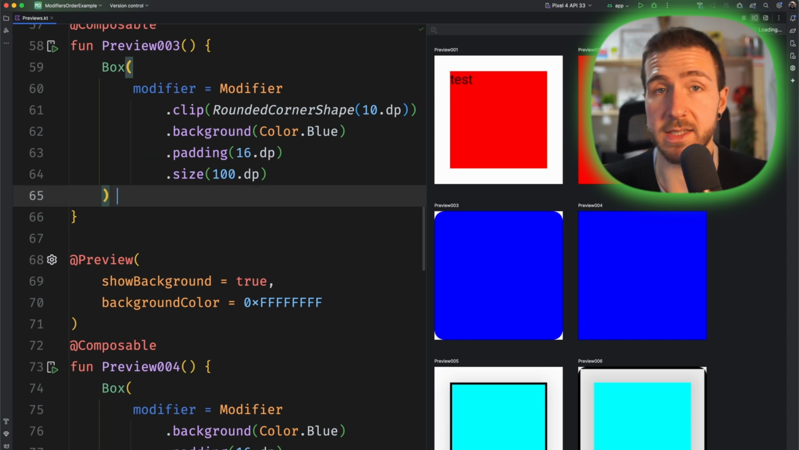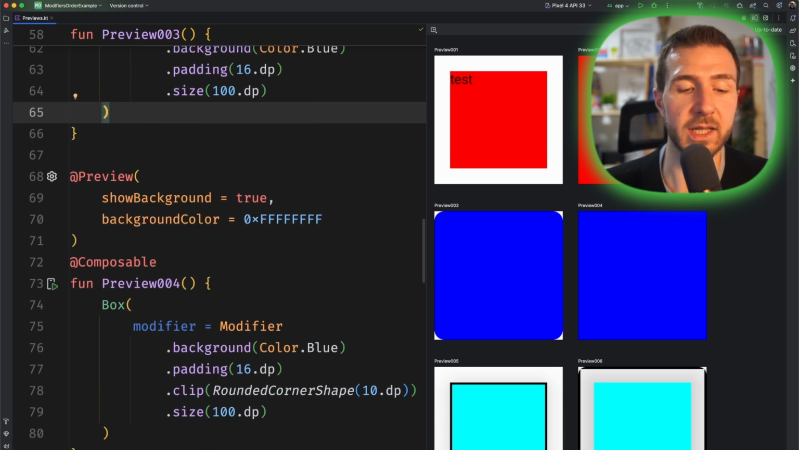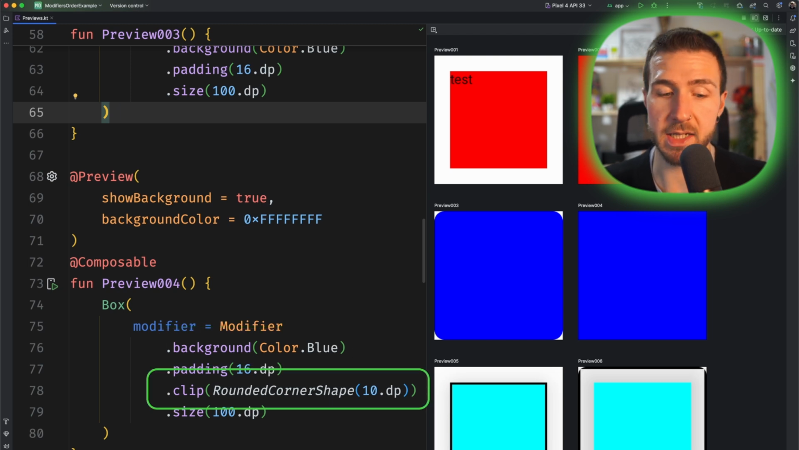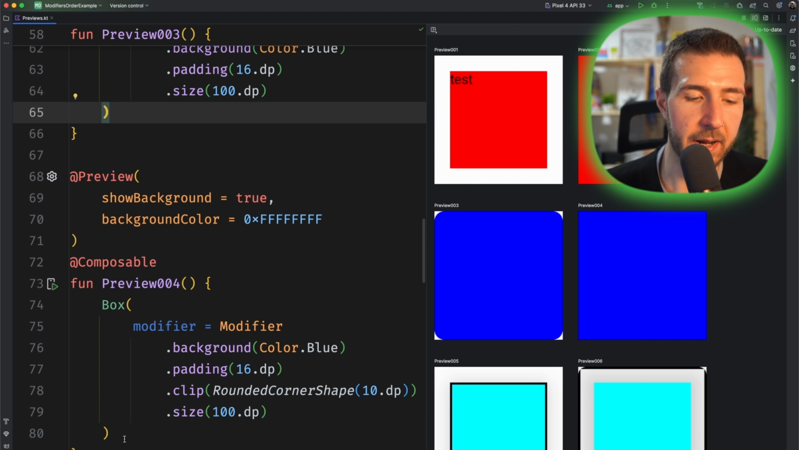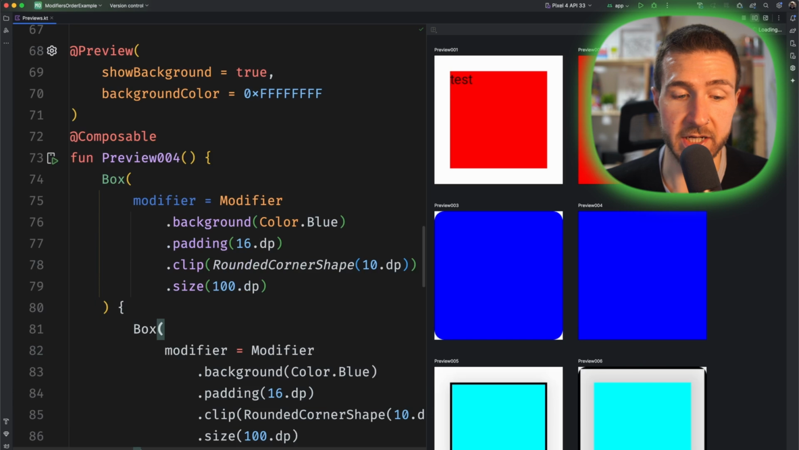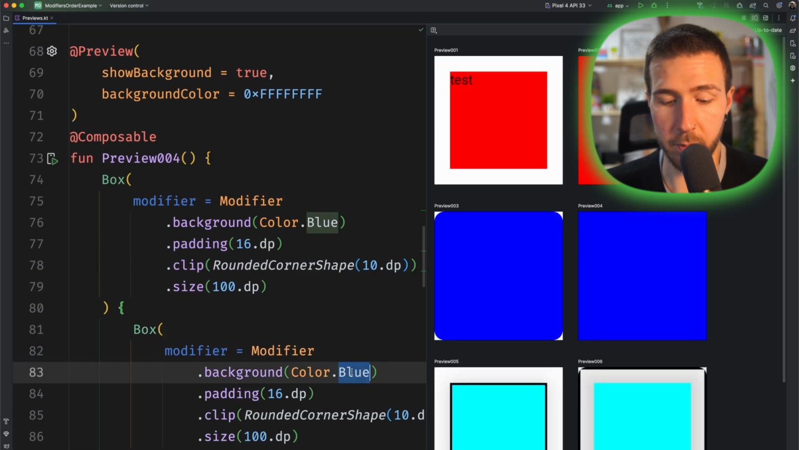If we add something inside the box, this will behave as in preview 2, with anything that is inside the box having a padding inside of it. But since the clip is applied before we apply the background, the color of the background won't go outside of the boundaries of the clipped rectangle. While in preview 4, since we apply the background first and then we clip it, the background is not clipped. But if we copy the box here and create another box inside of this one,